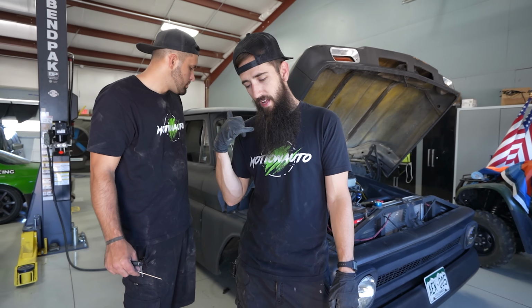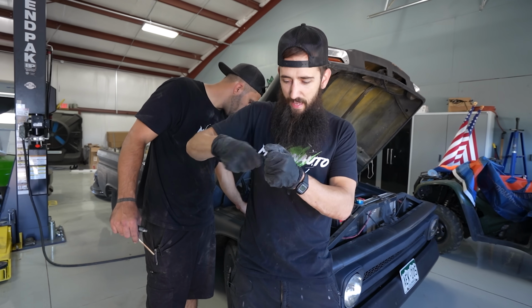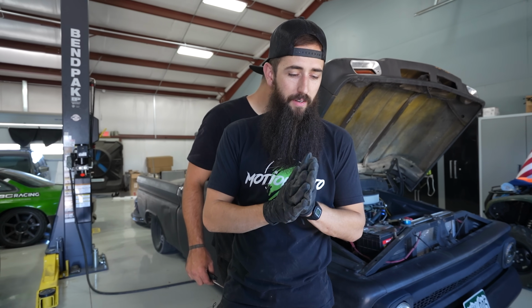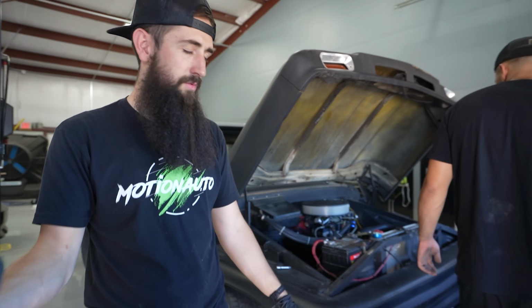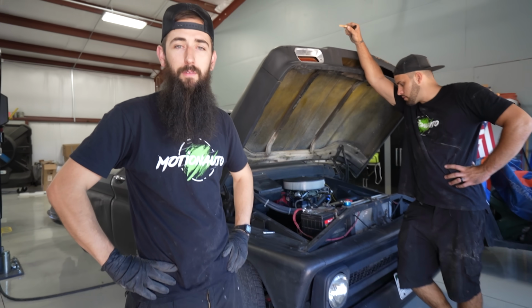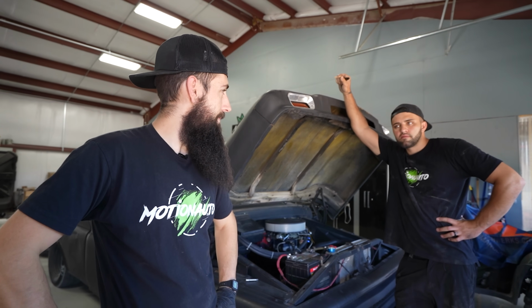I called him up the other day, threw a fishing line over there, and said, Josh, get over here, buddy, we need some help. Josh is gonna be helping us do some body work on this because he's worked on a lot of classic things. He's probably one of the fastest. Yeah, he's a fast guy. And we have other stuff to be doing right now, so if Josh can come in and help us,